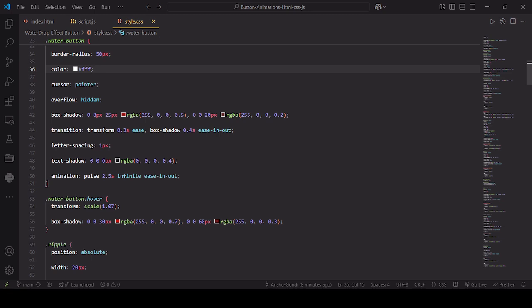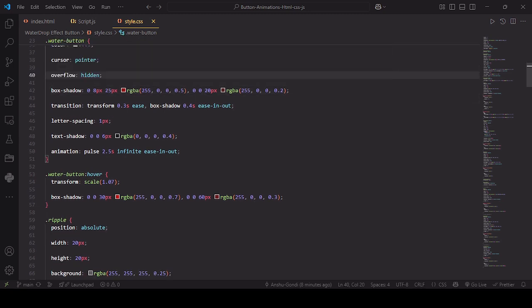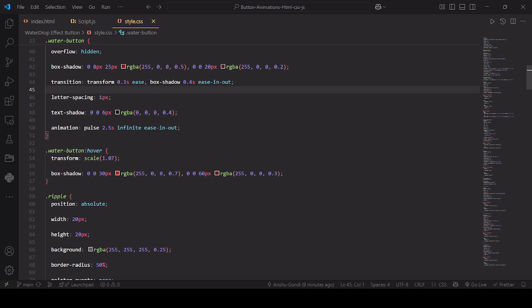cursor as pointer, overflow hidden and box shadow as 0, 8 pixel 25 pixel and RGBA in the dark red format as 255 0 0 0.5, and next brownish red color for the box shadow as 0 0 20 pixel in the similar format 220 55 0 0.2, and transition as transform 0.3 seconds ease and box shadow 0.4 second ease out